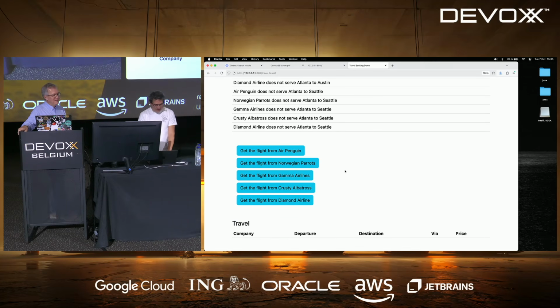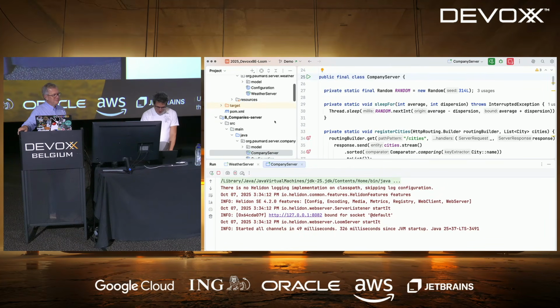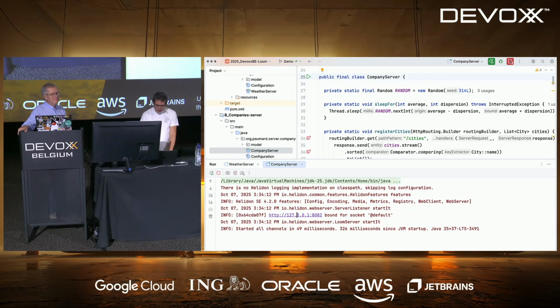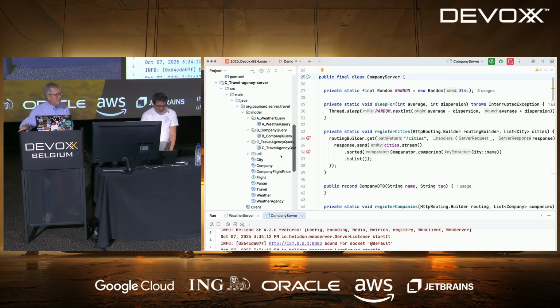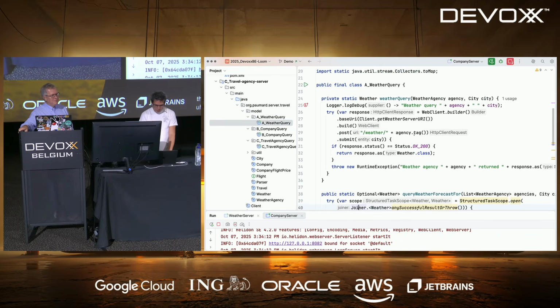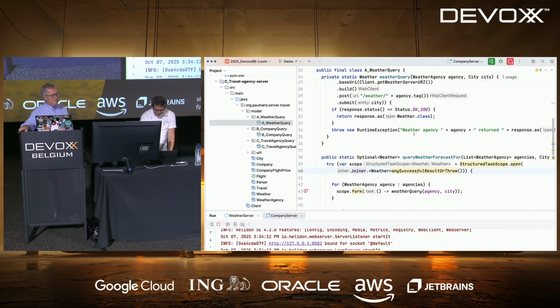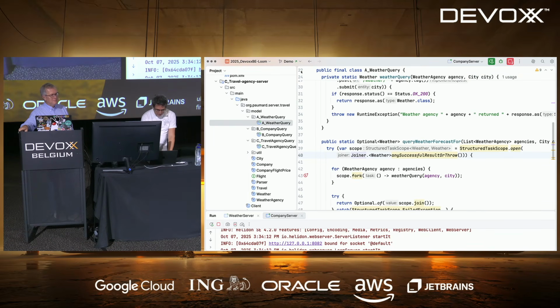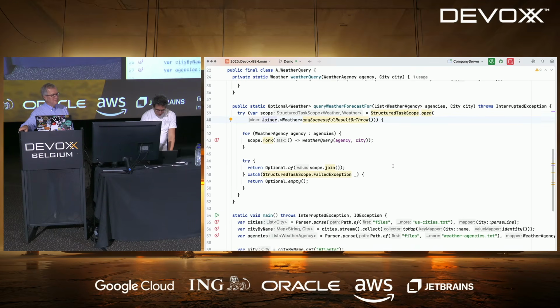Anyway, there is a saying I should not do any demo, but anyway. So I have both my servers that I've started, and I will do three different demos. So the first one is to ask for the weather to the first server. So we are interested in that code.